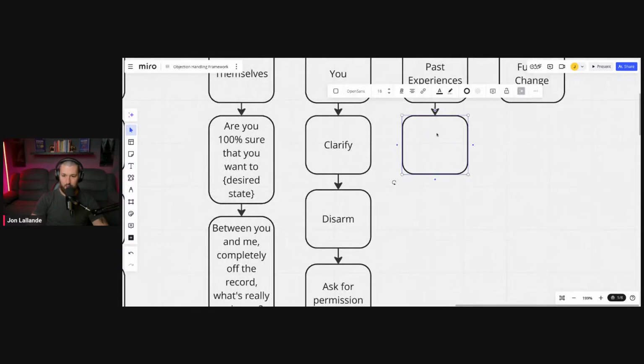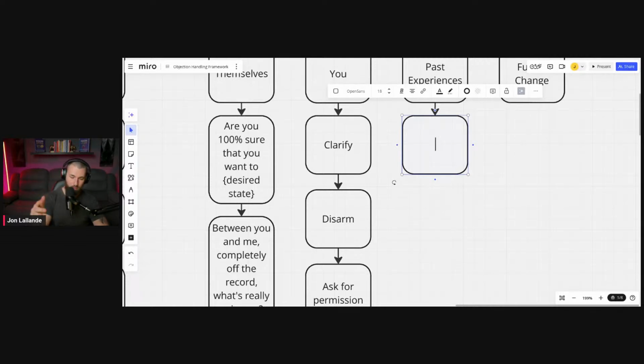So, past experiences. This is actually straight out of a stolen playbook. I'm going to tell you guys, I stole this. Well, I shouldn't say I stole this from one person, because this is taught by NEPQ, from Jeremy. This is taught from Alex. This is taught from a bunch of other people. So this is a stolen framework. A lot of this other stuff is like a combination. This is 100% stolen. So past experiences, you're going to tell a story.